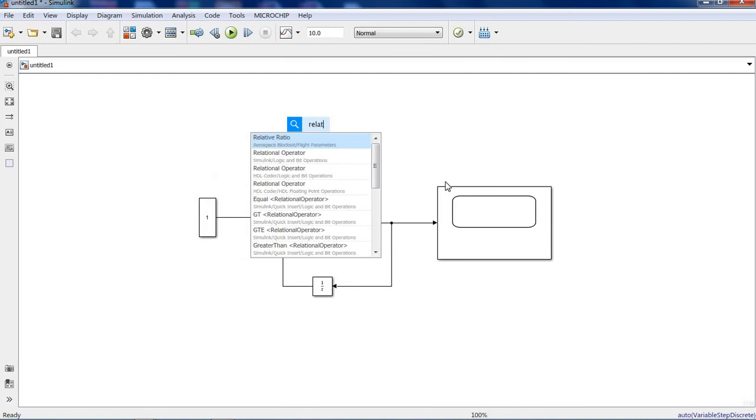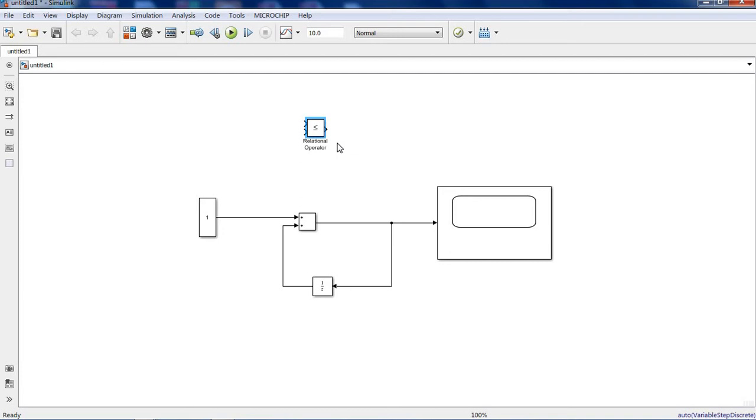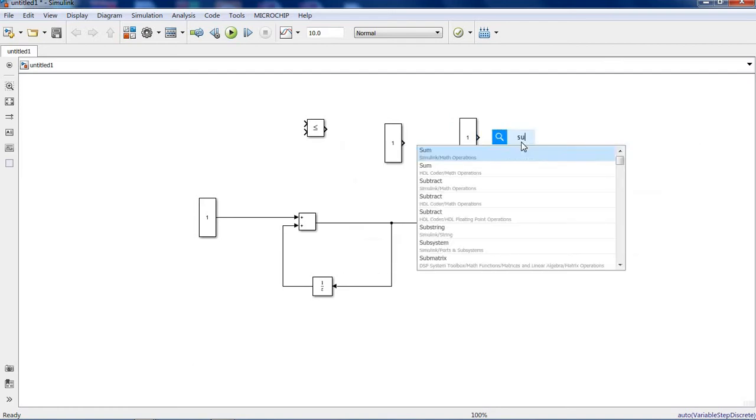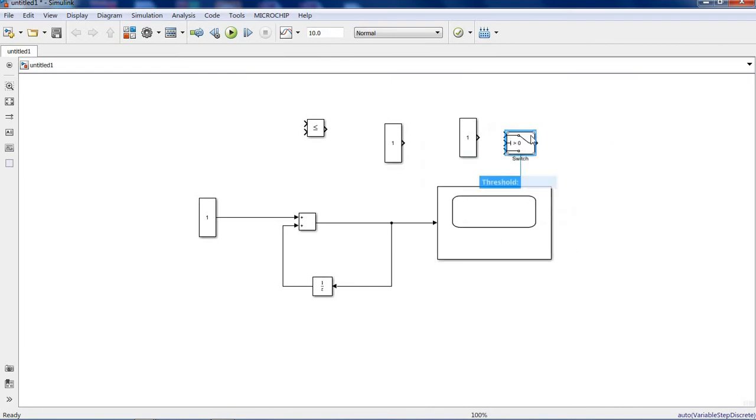Then you again require two more constant blocks, I will just copy this. Then you require one switch block also to design the limit counter. So how to connect? How to design the limit counter? I will show that now.